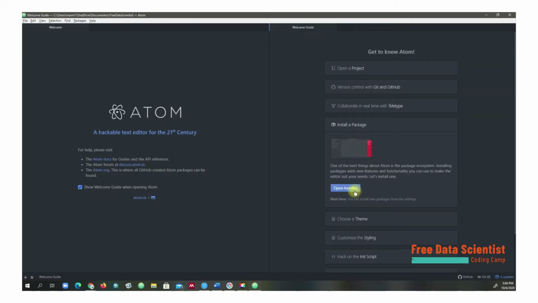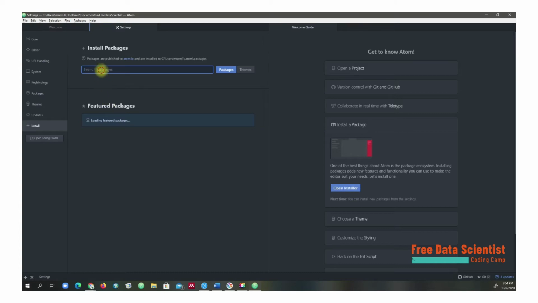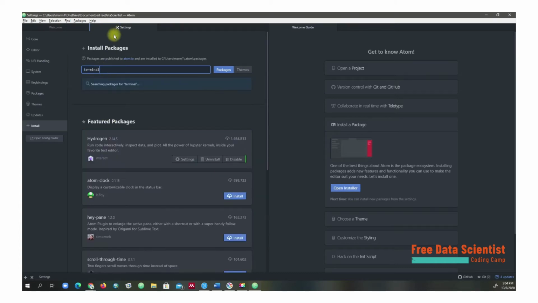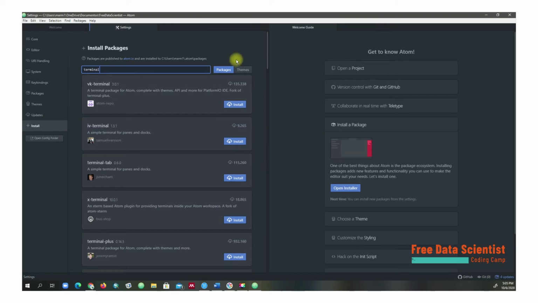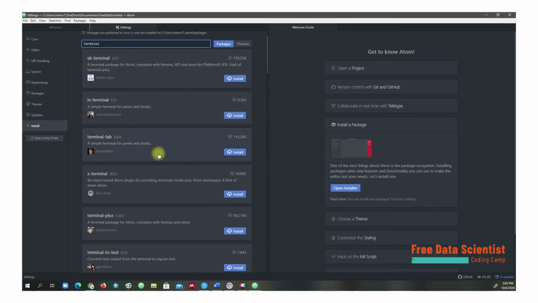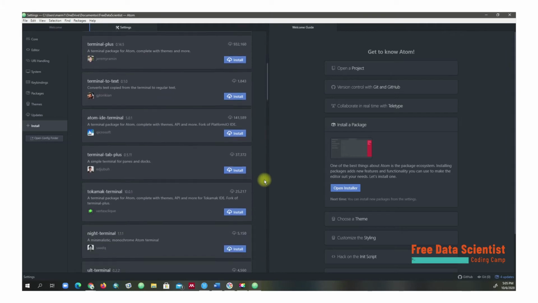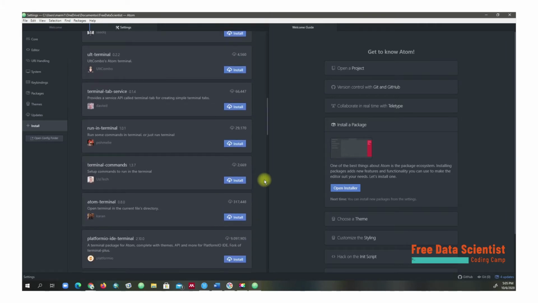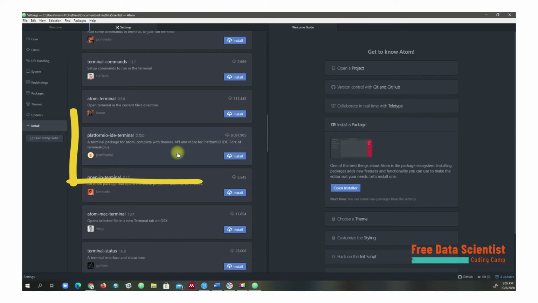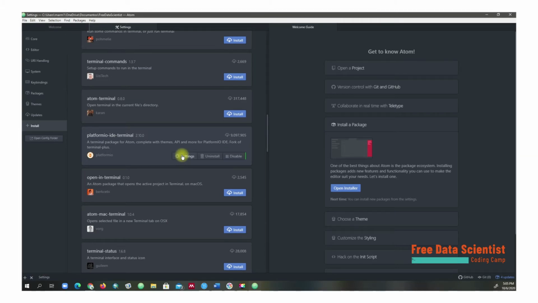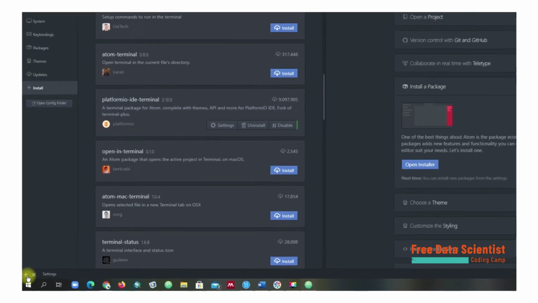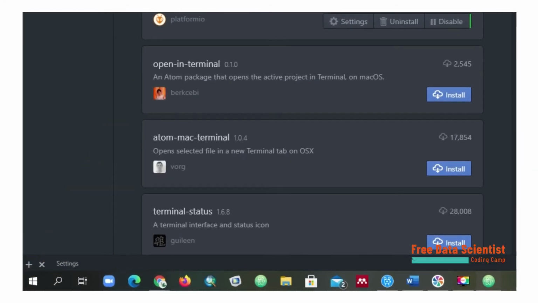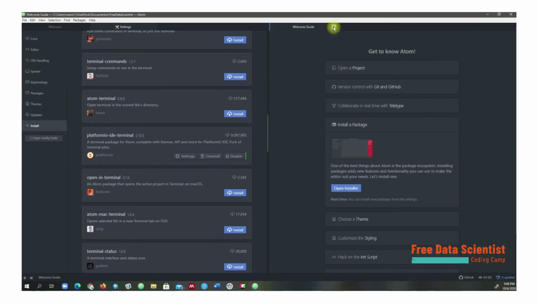This is a crucial step because we want to integrate our terminal. So we look for packages in the installer and we write terminal. All these options that you are watching here are the terminal options that Atom has. You can install any terminal you want. But for me, the terminal that I'm normally using is this one because it has a huge amount of users and also it's up to date constantly. Then you have to click the install button and the platform will automatically install or download. Now when you see here the plus sign, it means that the terminal is already installed in our Atom editor.